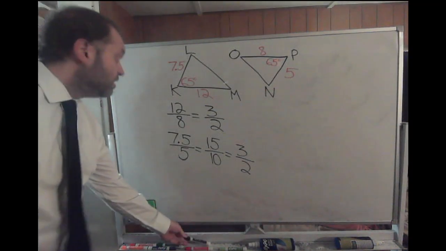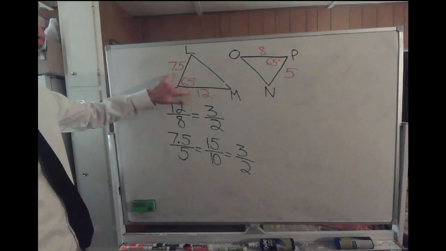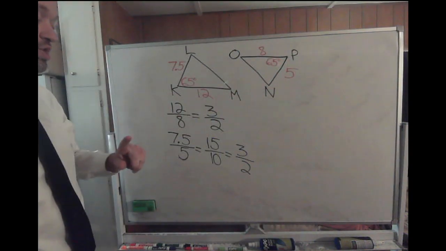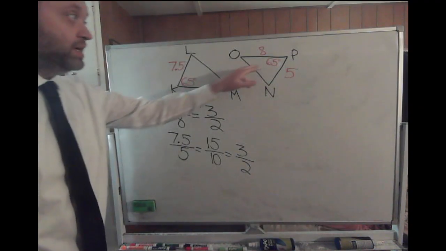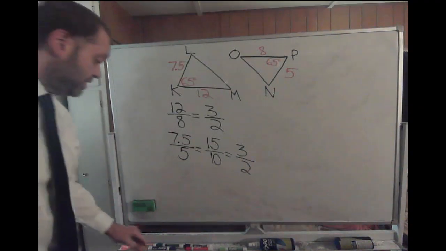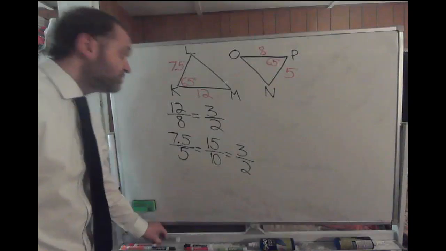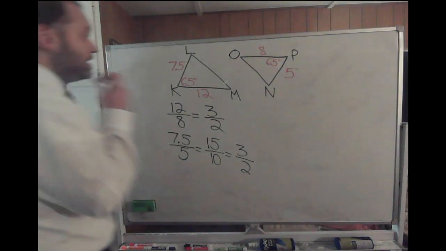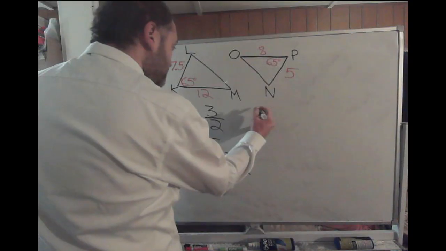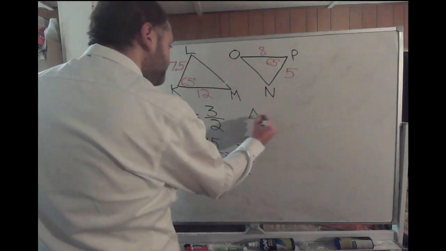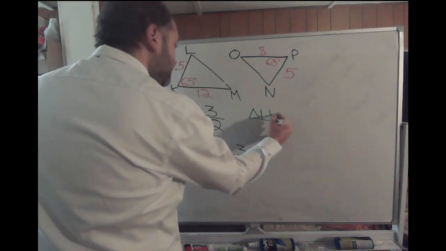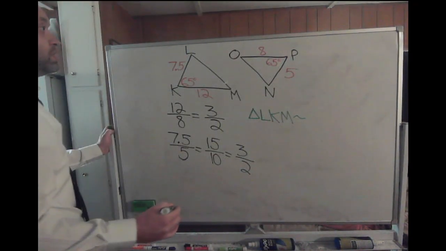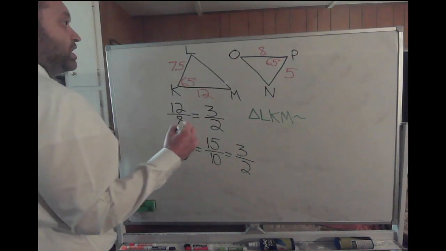So we have two pairs of corresponding sides of the triangles that are in proportion, and then we have the included angle of each triangle that's congruent. So we can actually now determine that these two triangles are similar. That's going to be triangle LKM is going to be similar to triangle